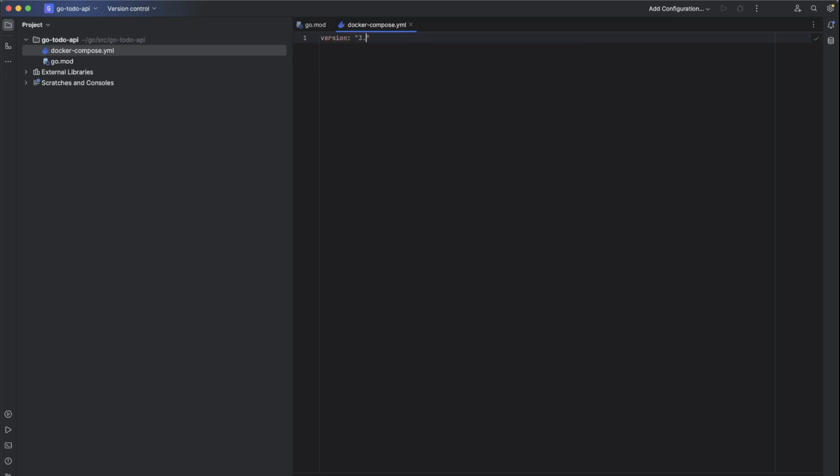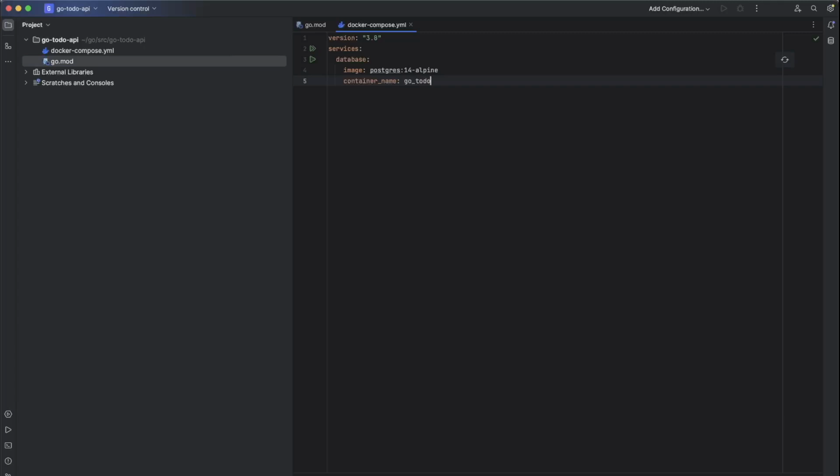We will use version 3.8, and the services is database, image from Postgres 14 Alpine, and the container name is Go To Do API, and the ports is from 5432 into 5433, and environment is Postgres user equals to postgres, password equals to pgadmin, and the Postgres DB equals to Go To Do API DB. And I also want to change the container name into Go To Do API DB.